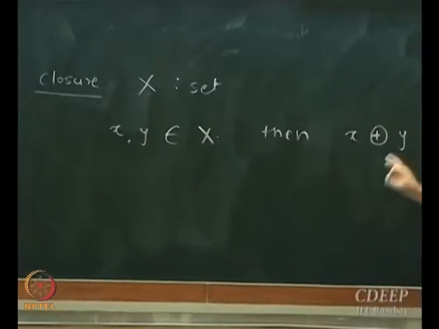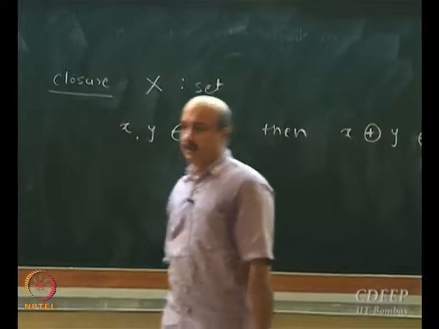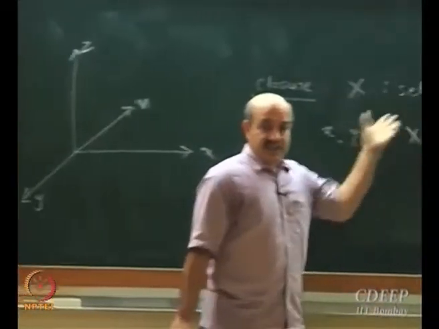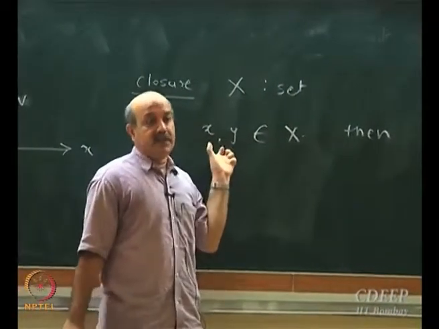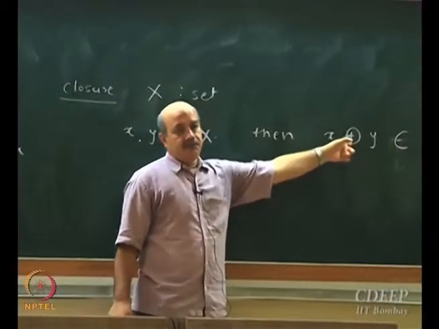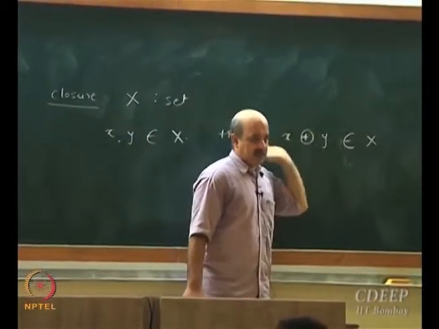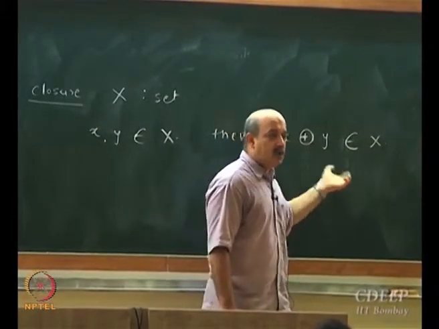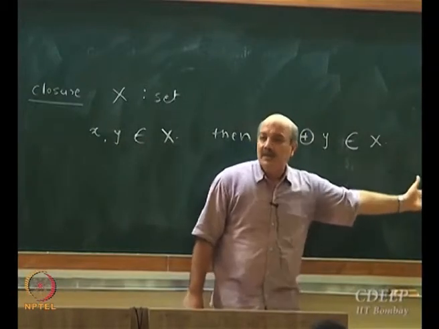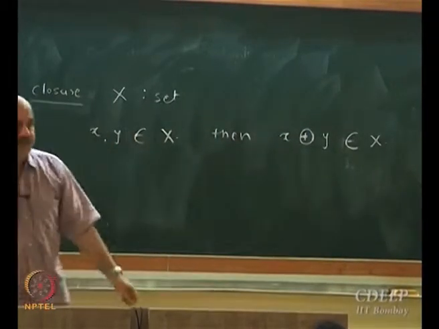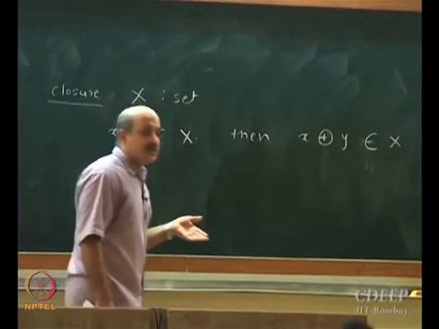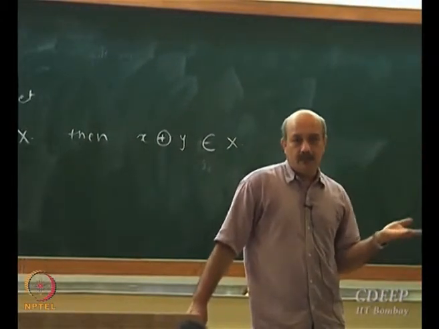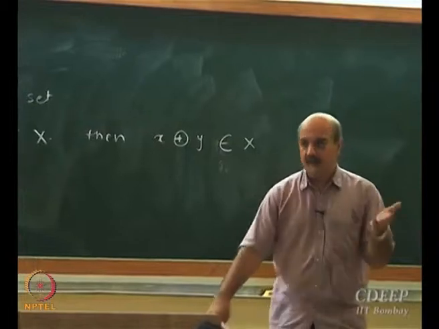Now this operation here I have written as plus. It could be any operation. It could be multiplication. It could be division. Okay. So given any set, if you take any 2 elements of this set and if you perform an operation, for example multiplication, and if the element that results after performing the operation also belongs to the set, then it is called a closed set. Okay. For example, the set of integers is closed on addition, subtraction, multiplication. It's not closed on division, right?